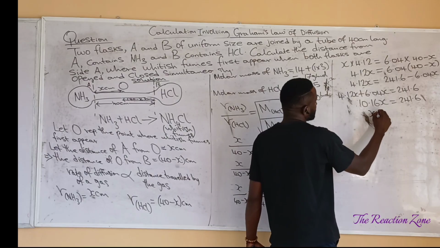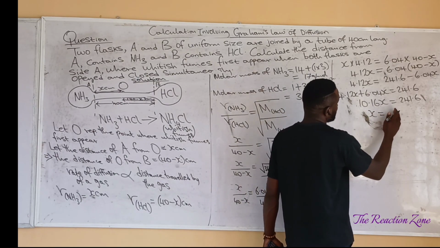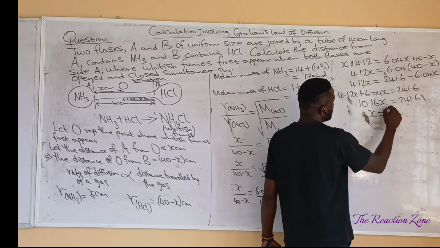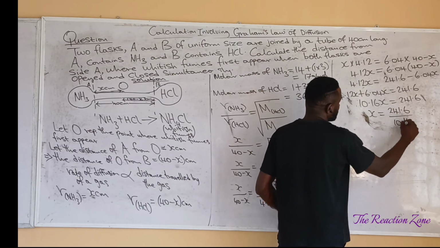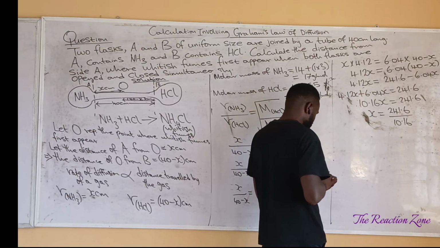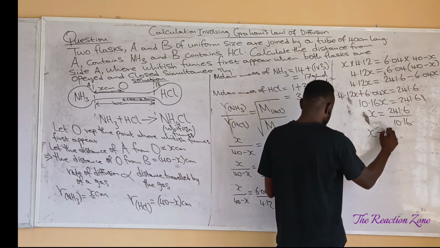So making x the subject of this expression, x becomes 241.6 over 10.16. 241.6 divided by 10.16. The value of x is